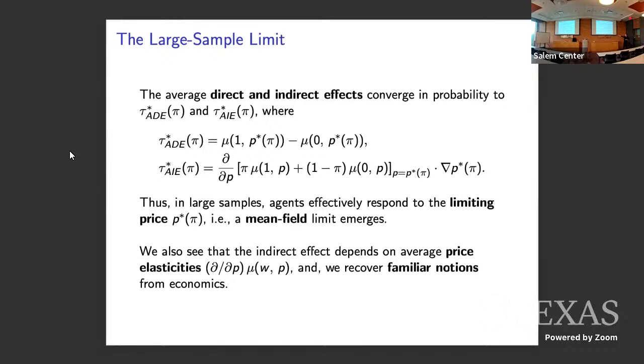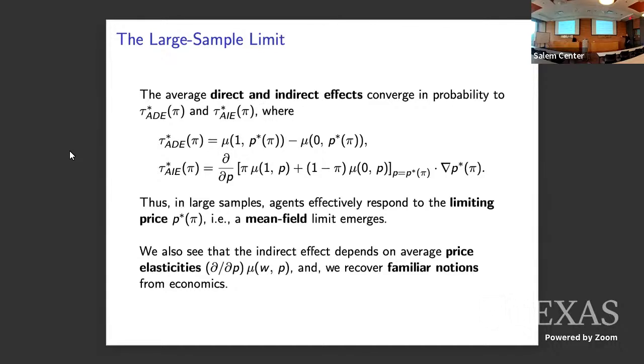It's the average potential outcome you get. Remember, this mu depends on your treatment and on equilibrium prices. So the average direct effect is just saying, suppose we exogenously set market prices to the large sample average market price, and I toggle your treatment from 0 to 1, what would be the effect on average? That's the average direct effect. It essentially has a mean field interpretation. It's saying that in large samples, the average direct effect really just is the effect of the treatment on you, where you average out everyone else.